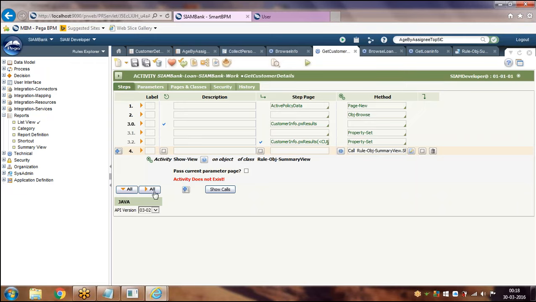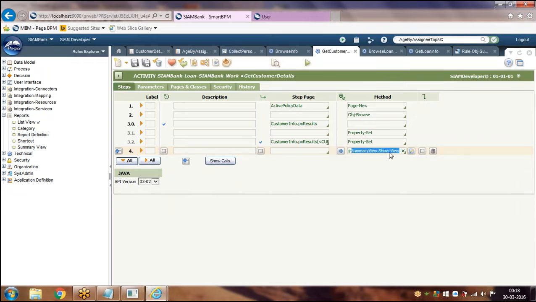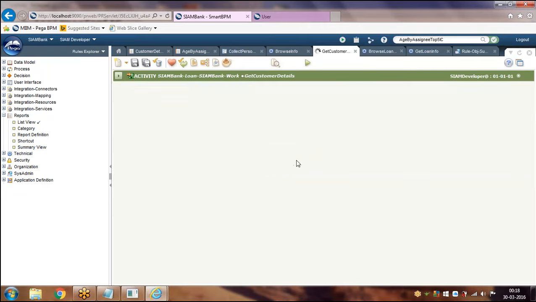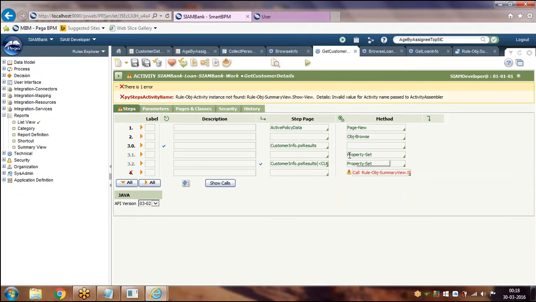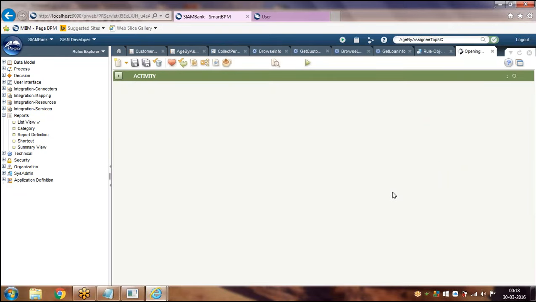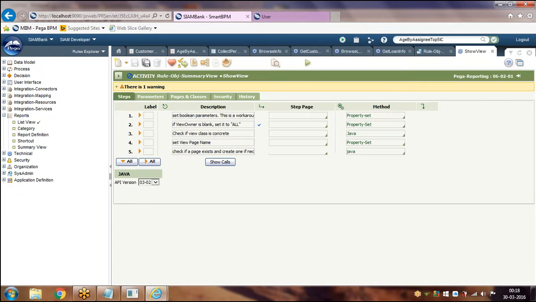Here you have to pass the parameters actually. Show View. Instance not found. Yeah, just delete it. No hyphen. So this is the default activity to call a summary view rule.